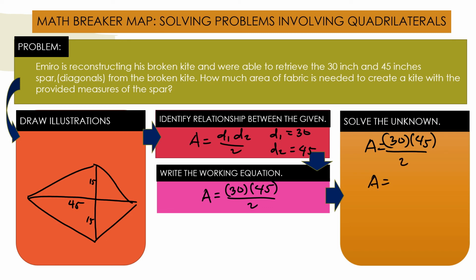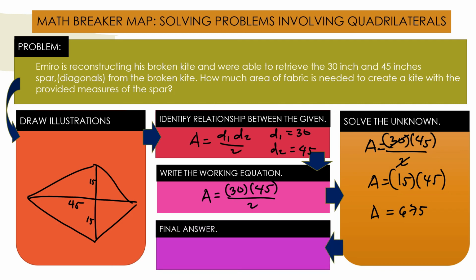There is a common factor between the numerator and the denominator, which is 30 and 2. So we can have 30 divided by 2 is 15, times 45. And the denominator will now become equal to 1. Multiplying 15 and 45, that is 675 square inches. So our final answer is the area of the fabric needed to create a kite,